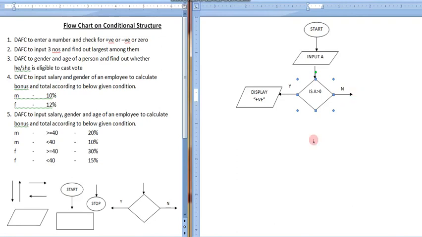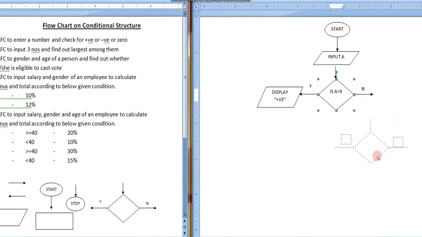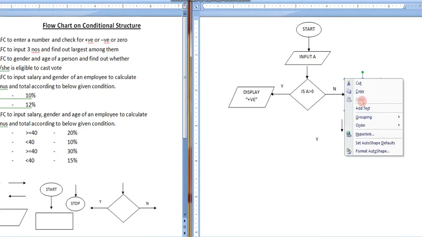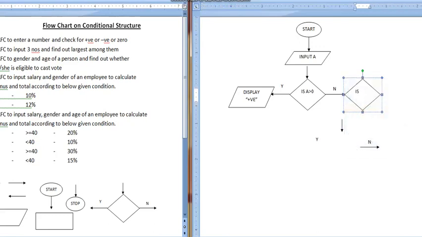So in this case, now we have to check another condition. We have to go with another condition which will again compare whether the number is negative or 0. So in this case, let me ungroup this. Now we have brought one more decision box which we need to place here to specify inside: is the number, that is A, less than 0? It is not more than 0. No, it is not more than 0. So is it less than 0?